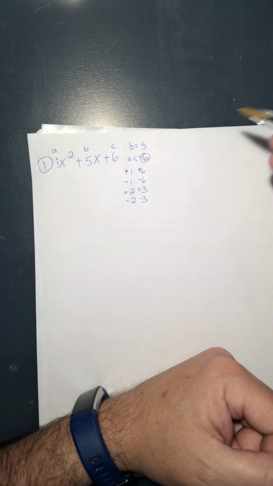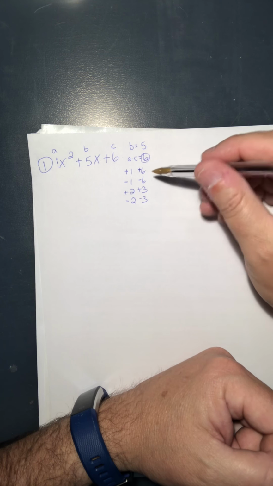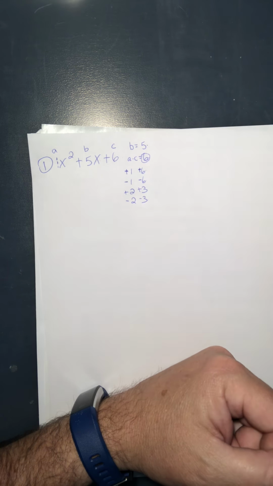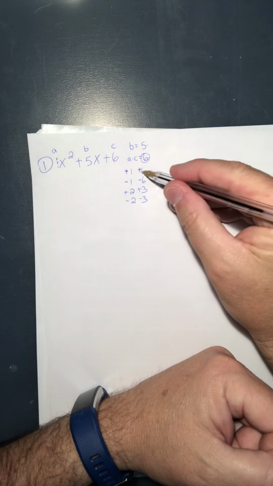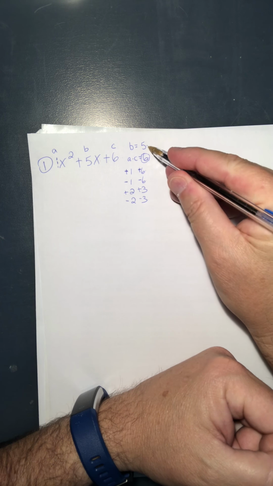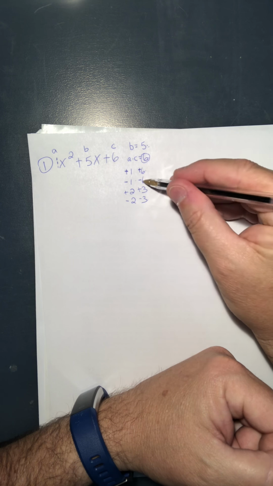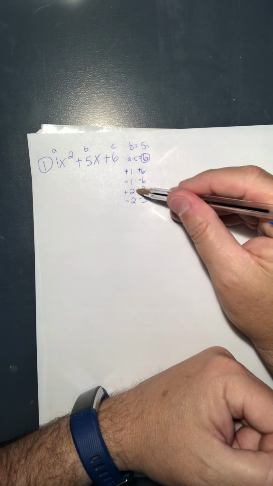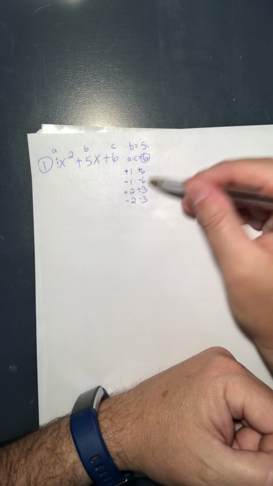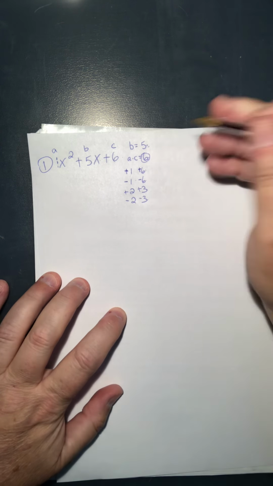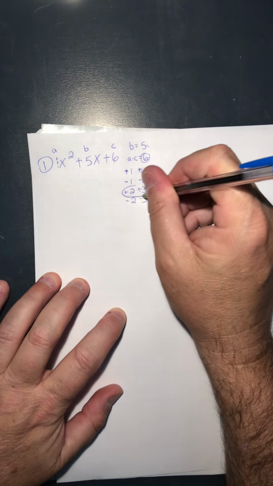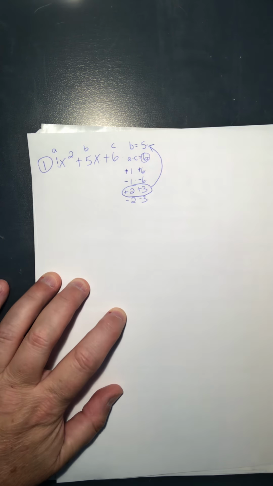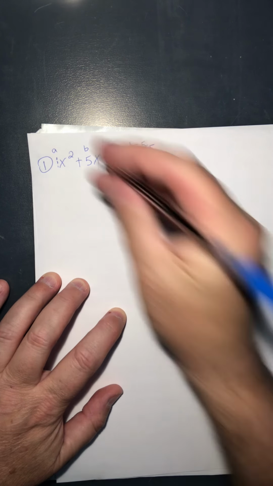Okay, so now we're looking for the combination where, when I add these two columns, which one will give me positive 5? Well, 1 plus 6 gives me 7. That's not what I'm looking for. Negative 1 plus negative 6 gives me negative 7. That's not what I'm looking for. Positive 2 plus positive 3 gives me 5. That is what I'm looking for. So plus 2 plus 3, if I add those, gives me 5. That tells me